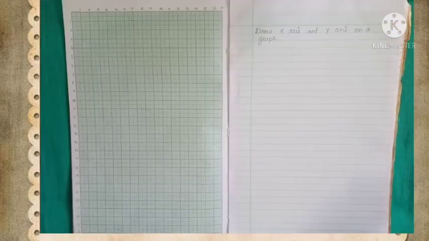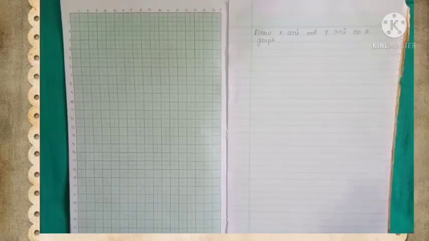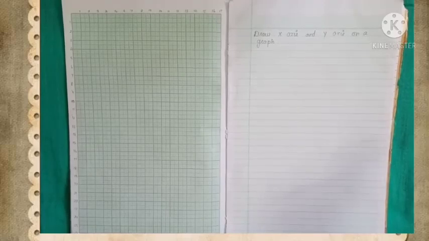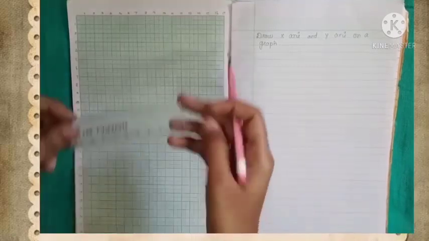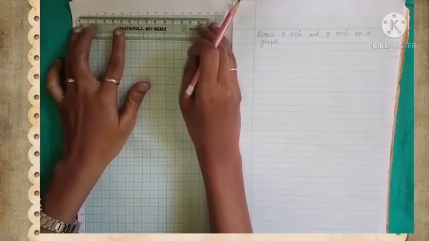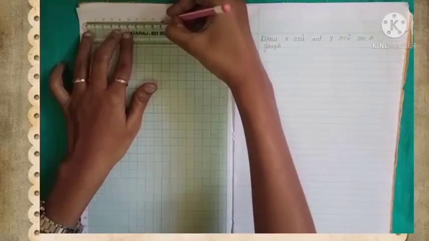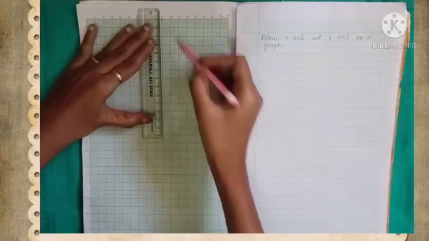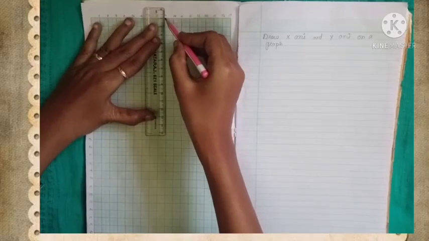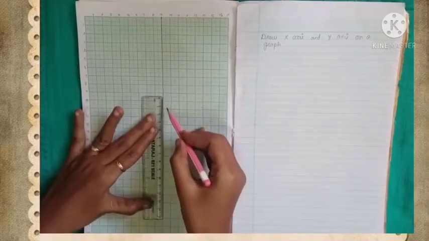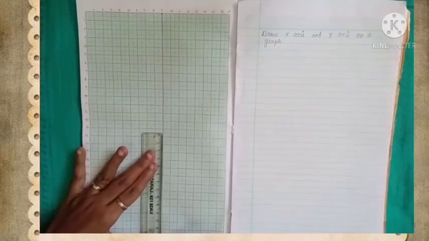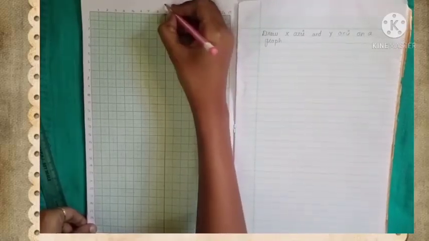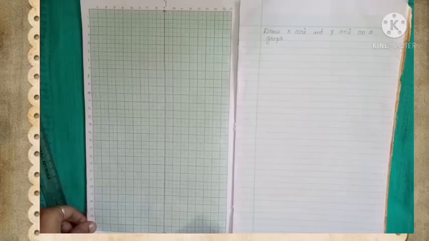We'll draw this axis in your graph note. Yes, children, first write the number on the top and in the side. So on the top it is 0 and till 17 it is present. If you divide 17, you will be getting 8.5. 8.5 plus 8.5 is 17. So we can take it as 8 or 9. So here I am going to take the 9th line. Above the dark line you are going to draw a line using pencil and ruler. So this is y, y dash, that is y axis.